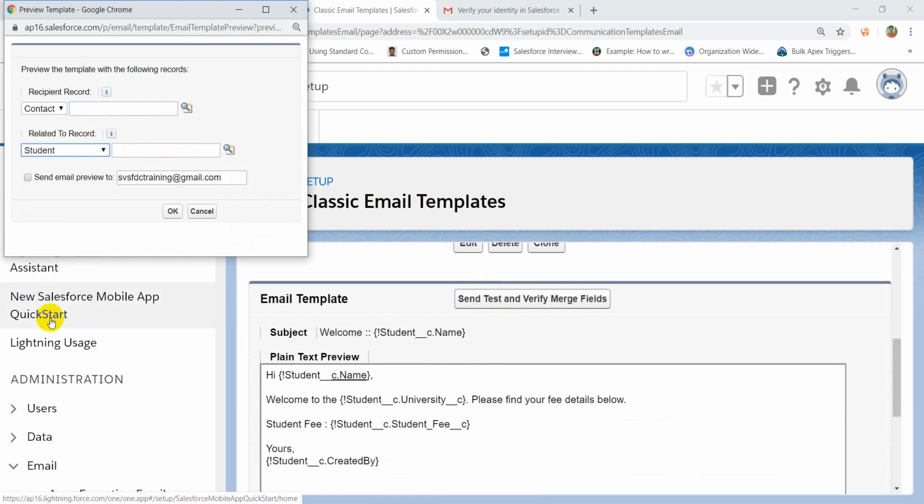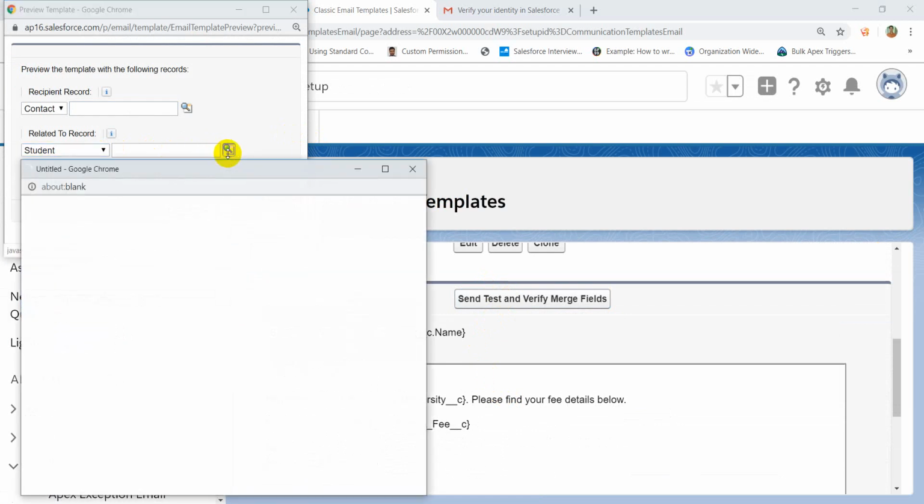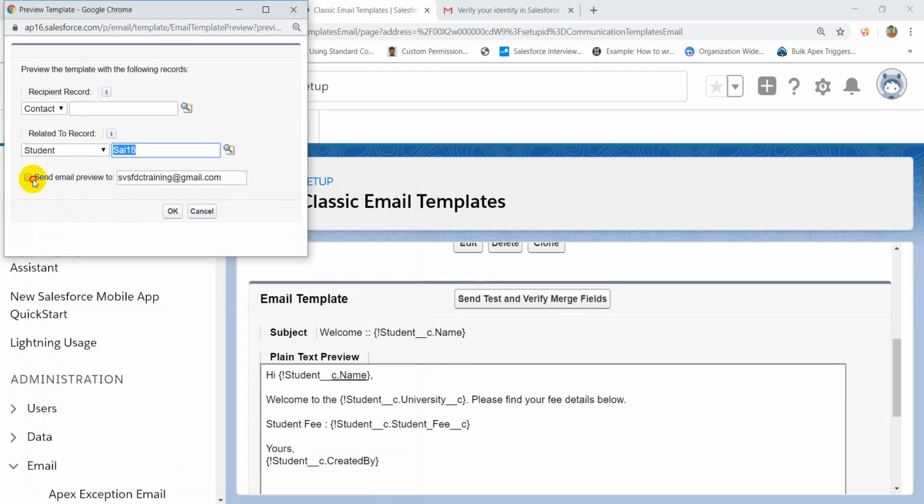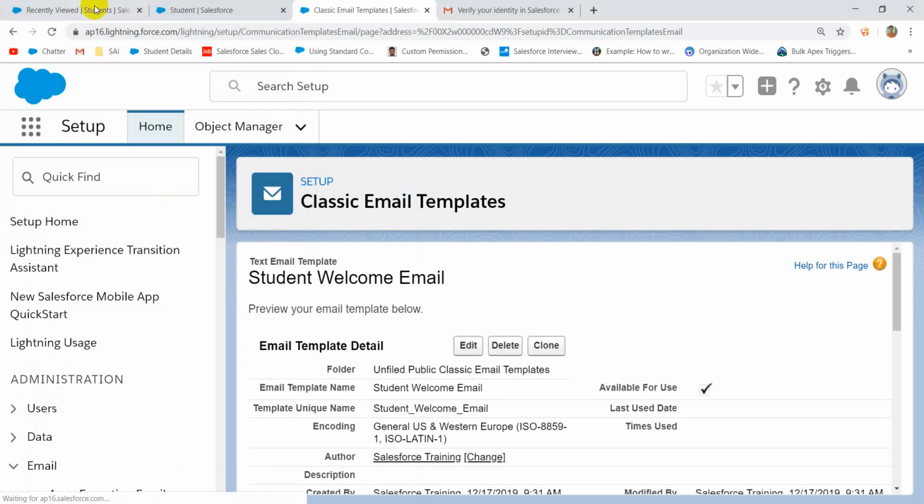Now here student is displayed. Now select any student whose email address is already there. Okay, this one. Send preview to this email address. Just click on OK. Now if you see that,